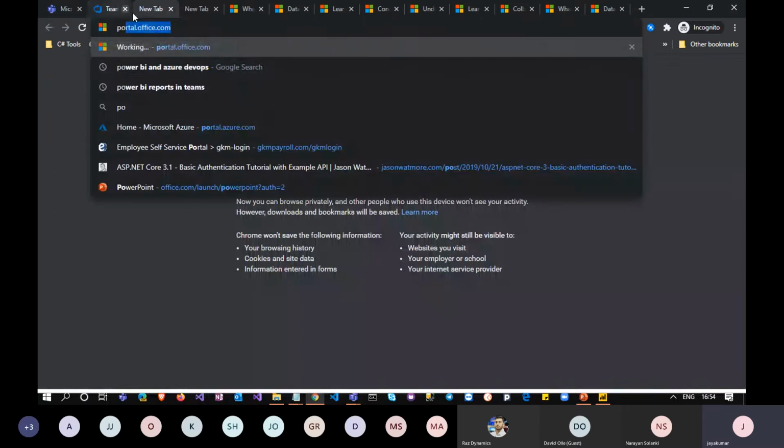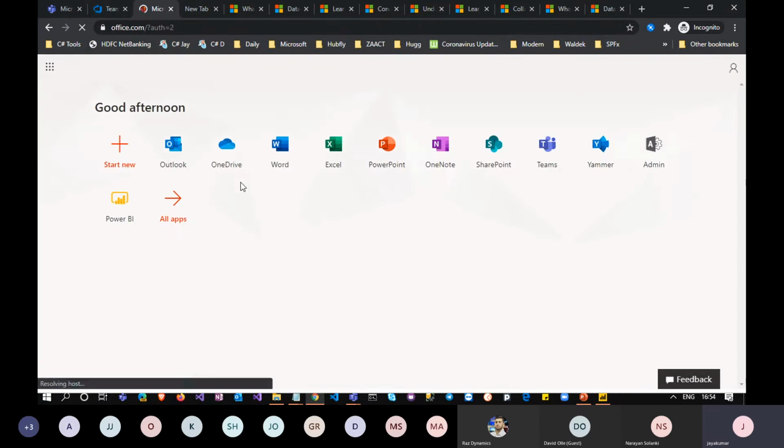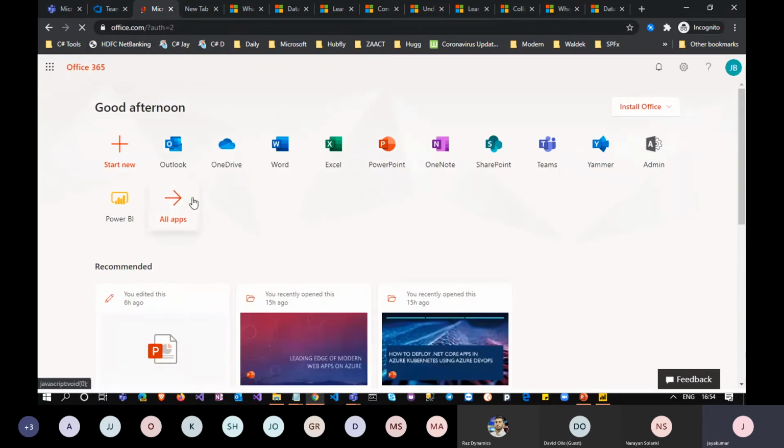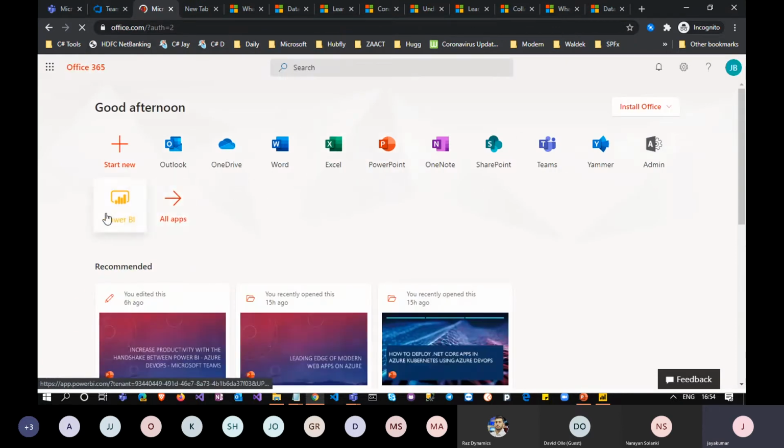Before that, I will open up Power BI. All these steps you can do only in Power BI Desktop, because in the Power BI online version we have some restrictions. So let me open up Power BI online.